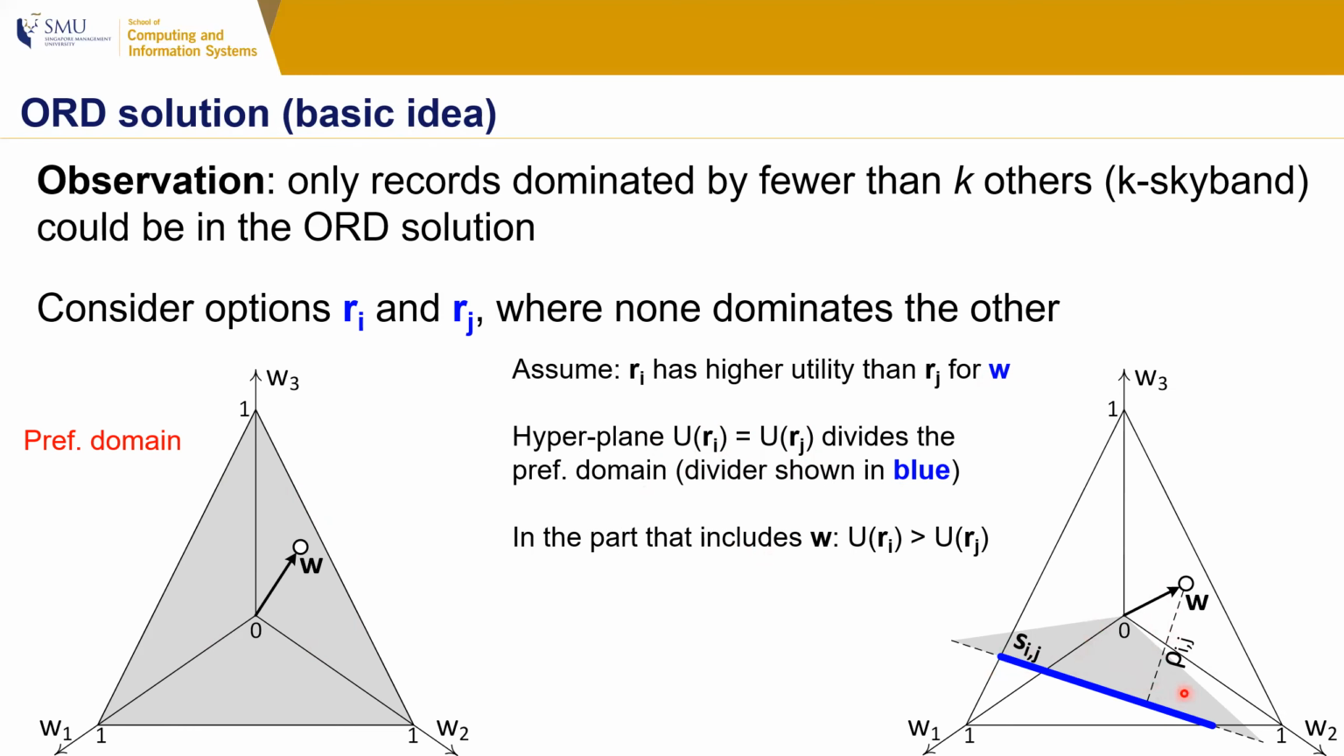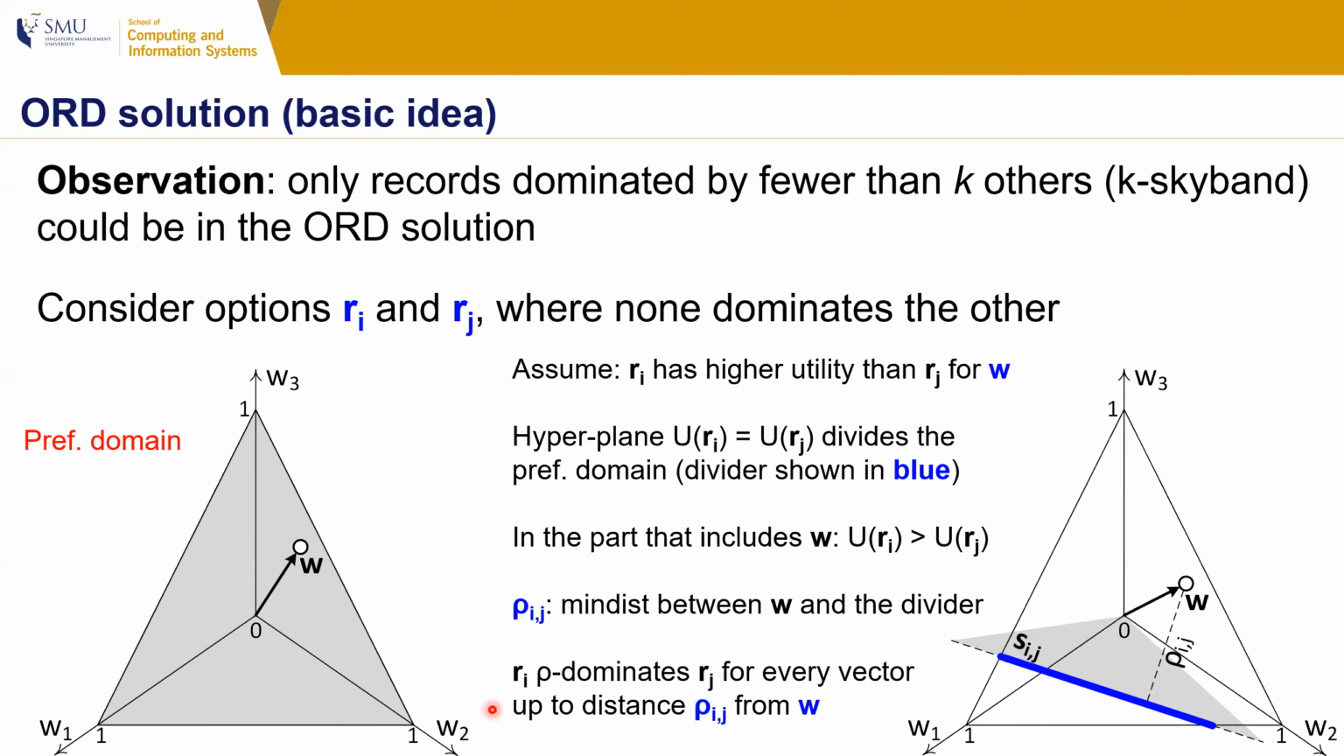Here is this hyperplane defined by the formula that the utility is the same. And this is the divider of your preference domain, of your triangle here, into two parts. In the part that includes W, the utility of Ri is stronger than Rj. So if we compute the minimum distance rho ij between the seed vector W and the divider, we know